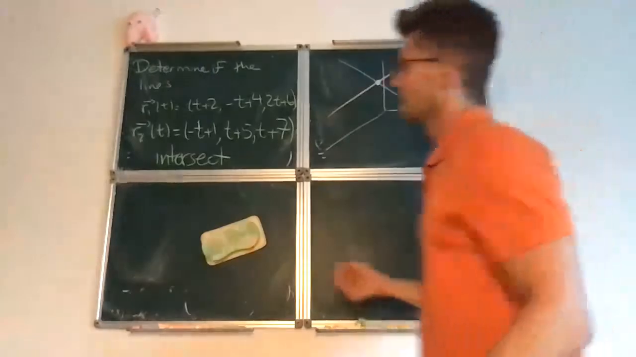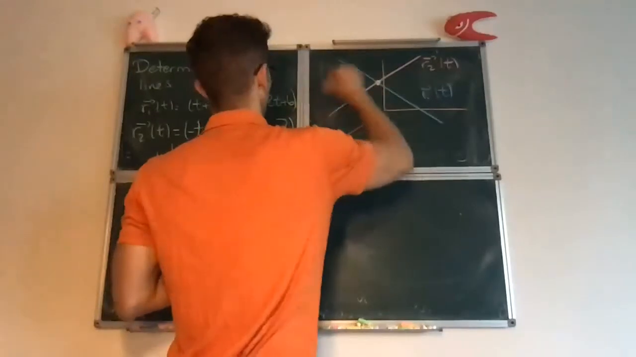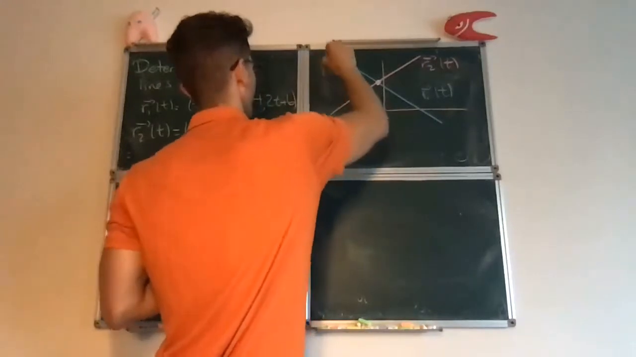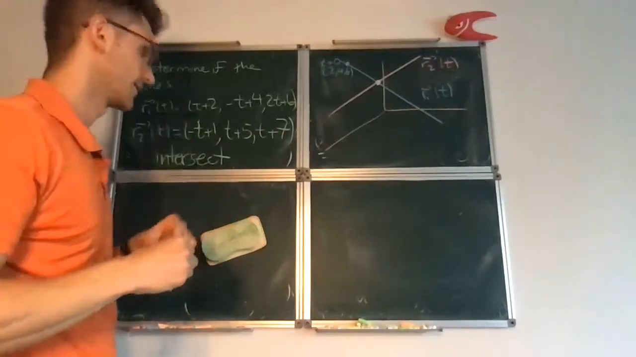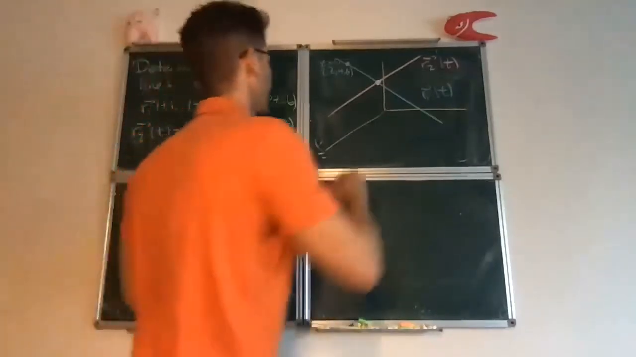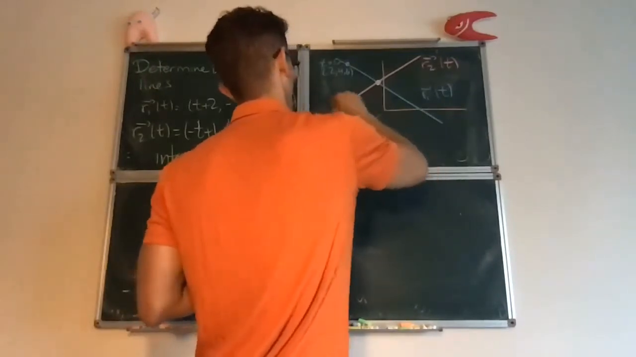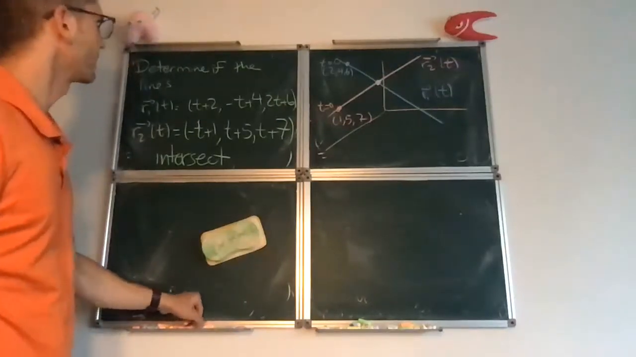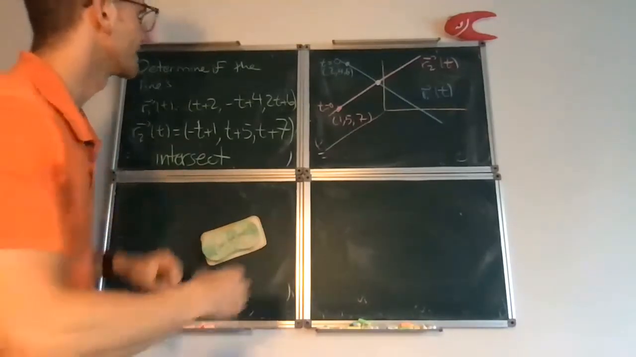Remember that for the first line, at time t equals 0, you get 2, 4, 6. So maybe here is at time t equals 0. Well, you cannot take this picture too literally, but I say at time t equals 0, the particle is there. At time t equals 0, the other particle is at 1, 5, 7. But I mean, they're traveling at different velocities, and they may start from different places, right? So there's no reason, even if